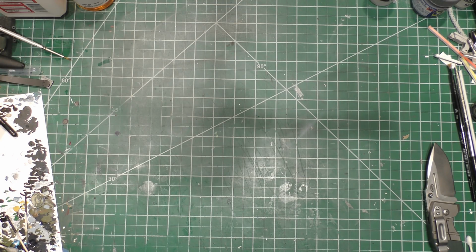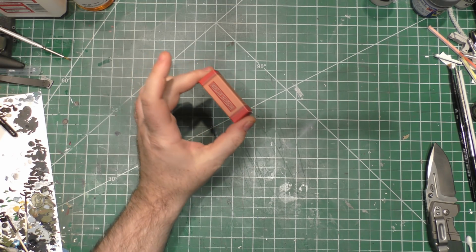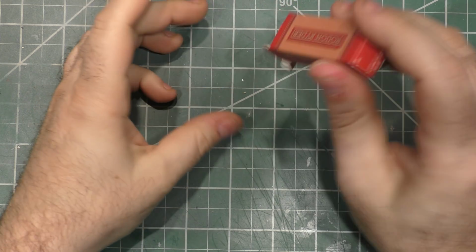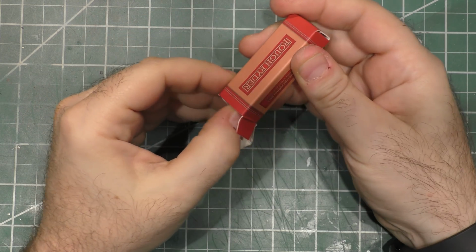We always get some Rough Riders. The smallest of the small brass folder. And I'm guessing this is the smallest of the small brass folder. Now, this has a Smoky Mountain price of $3.99, and